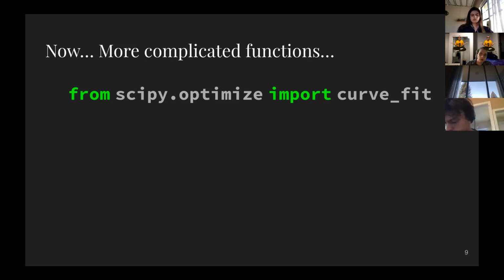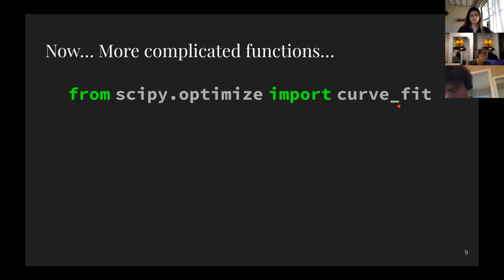So we're going to import a library module. We're going to use SciPy to optimize. And we're going to import it in a little different way. We call it like this. We say from this library, SciPy optimize, import a specific function, because we really only care about one function out of this whole library.